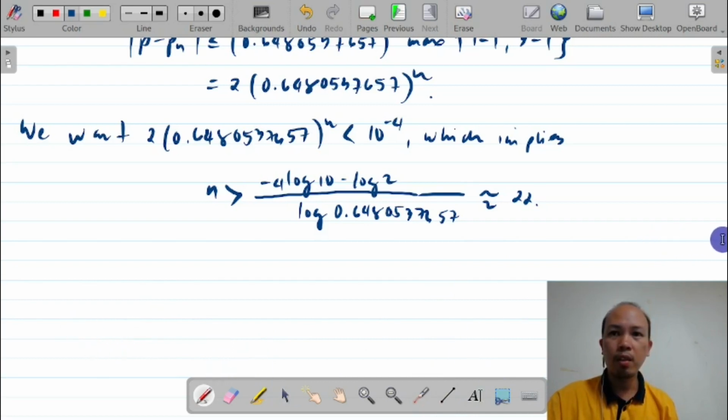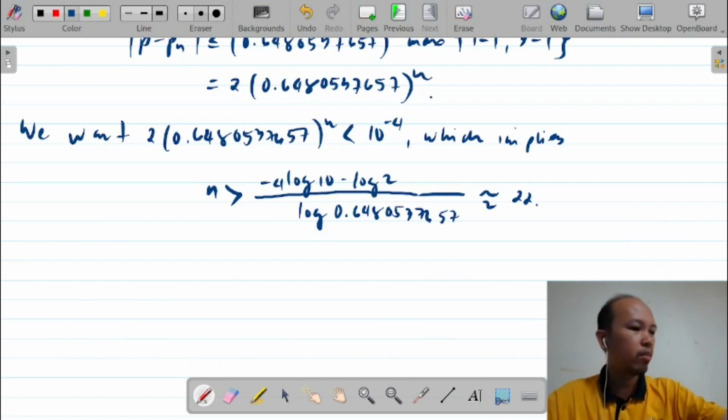Log of this number, and then in the numerator we have log 10,